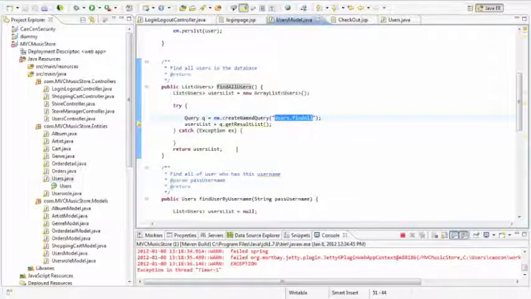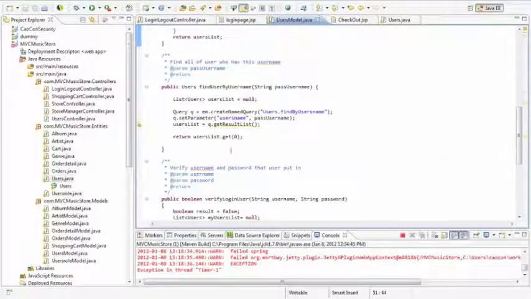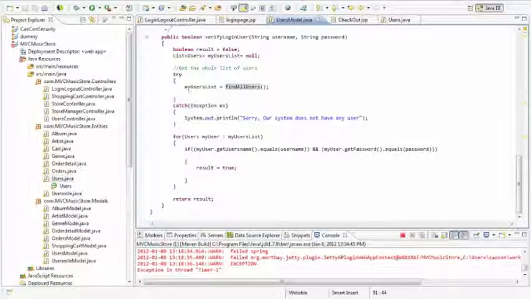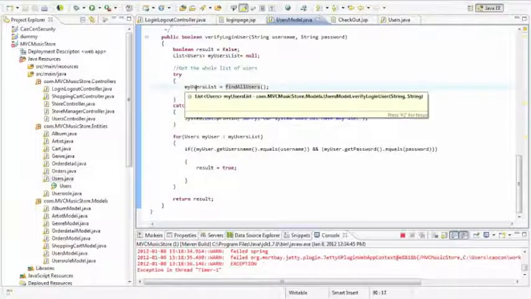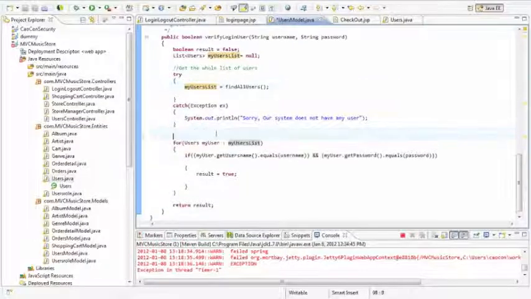This means it will return the whole information of the whole table. Okay, and put it inside this list. Alright, and for this one we start to match